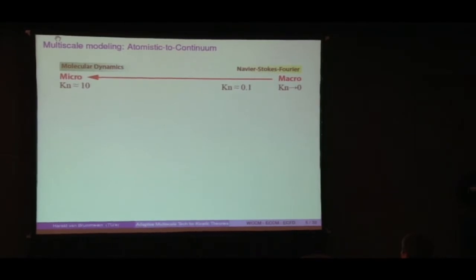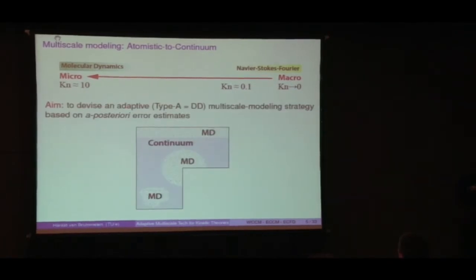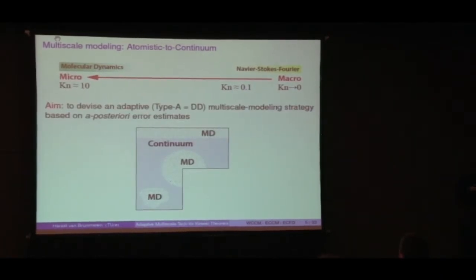The macro scale model would be the Navier-Stokes-Fourier. The micro scale would be molecular dynamics. What we intended to do was semi-rigorous model adaptivity, based on a posteriori error estimates. Now one of the first questions. Okay, so this is the aim. So we started off with